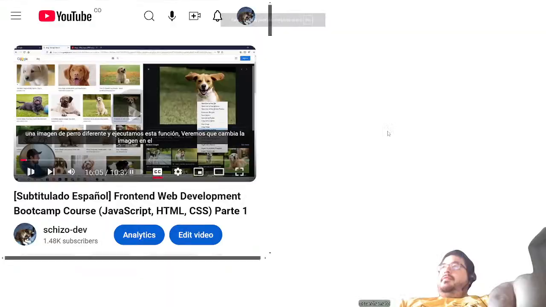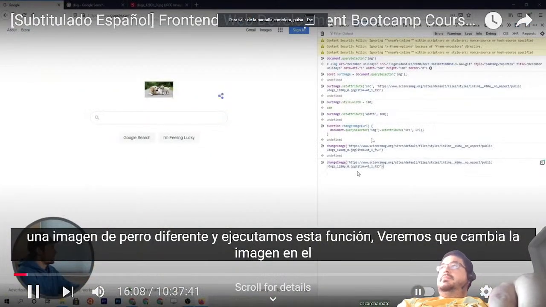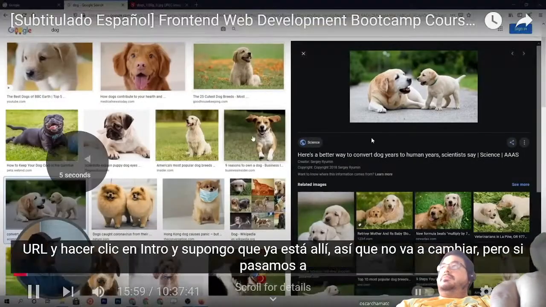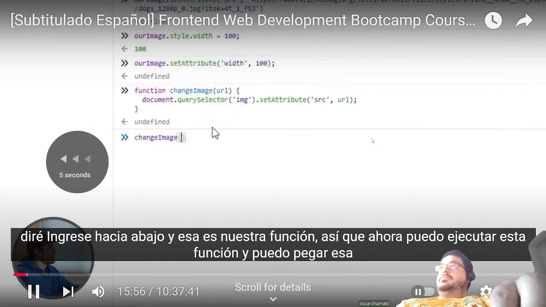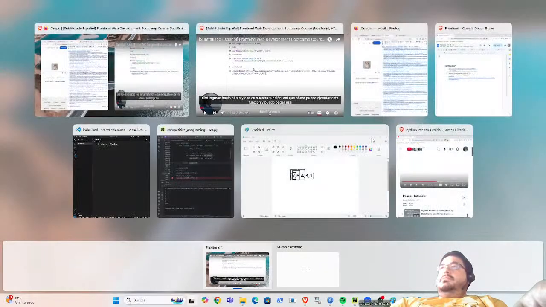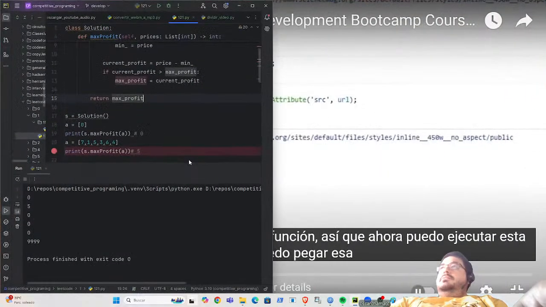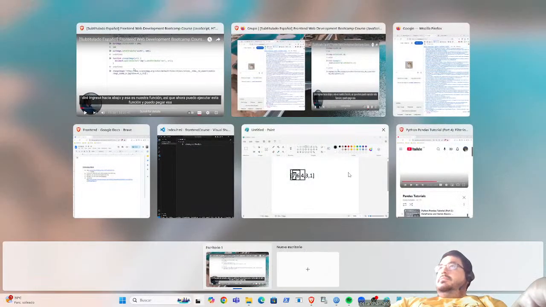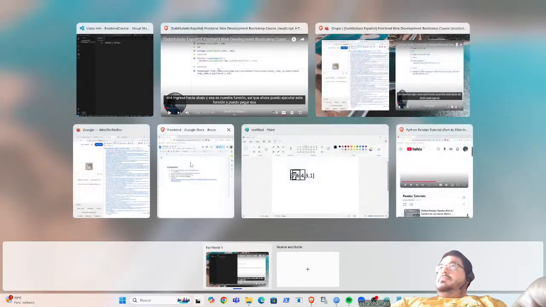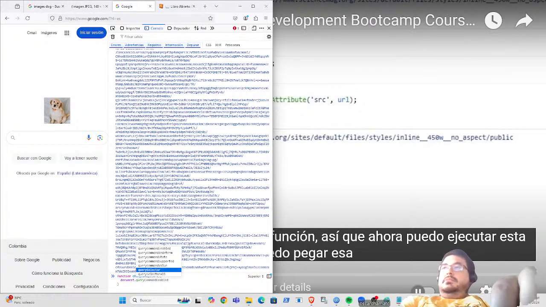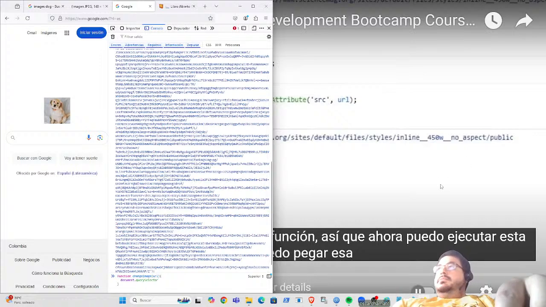But if we went over to a different dog picture, and run this. But if we went over and click enter, and I guess it's already there, so it's not going to change. But if we URL and click enter and this function, and I can paste in that